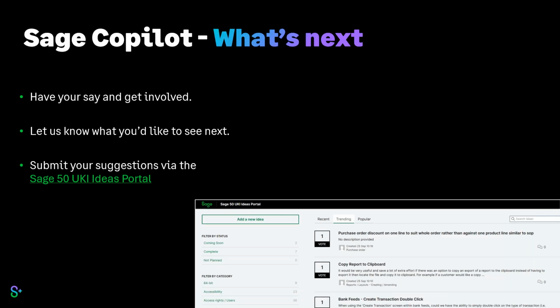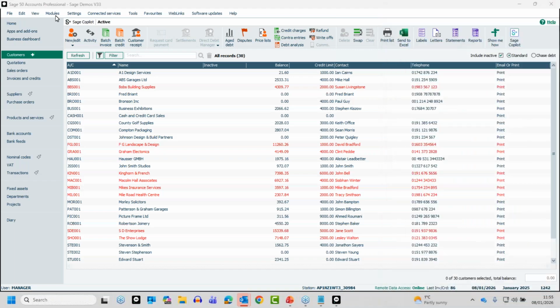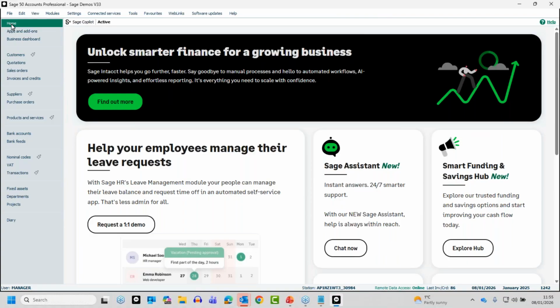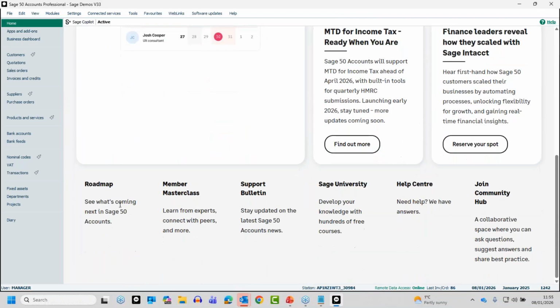You can access the ideas portal. I have provided the link on the slide, but the easiest way to access that, I'll just go back to my screen, is within your software. If you go to the home page, and this isn't just for Copilot, it's for anything to do with your software, which is this link at the top left, give that a click and then just scroll down, you'll find this option for the roadmap. So if we give that a click,